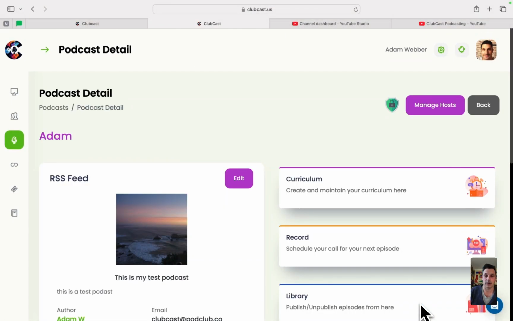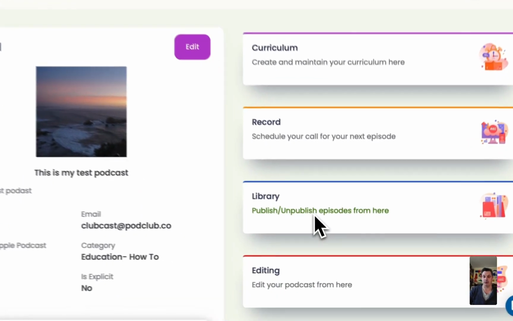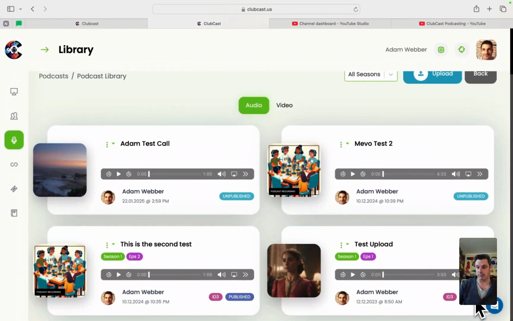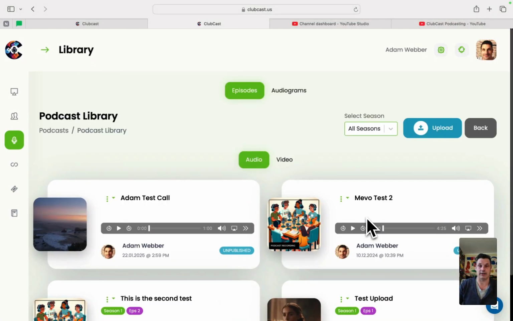Now, the other requirement is you need to have at least one podcast published to your account. So in your library, you're going to need to have at least one published. You'll see this says published, this says published, this is unpublished and unpublished. So have at least one. Apple, Spotify, and all the rest recommend trying to get at least 3 podcasts published. So once you have 3 podcasts published,